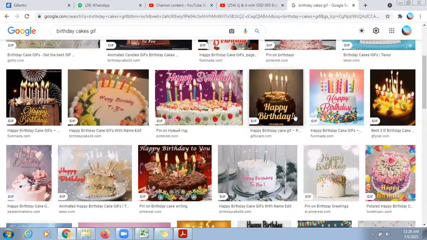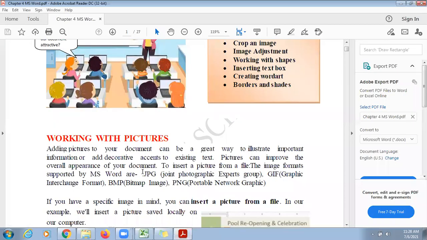These are the three categories of images: JPG, that is Joint Photographic Expert Group, which has a background with it. GIF images have animation in them, and PNG, which is Portable Network Graphic, images do not have any background.